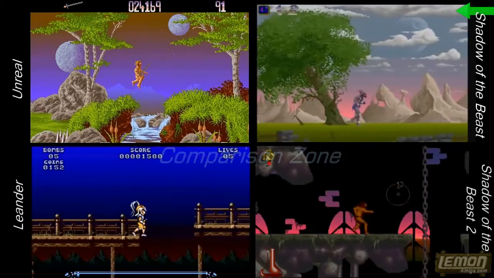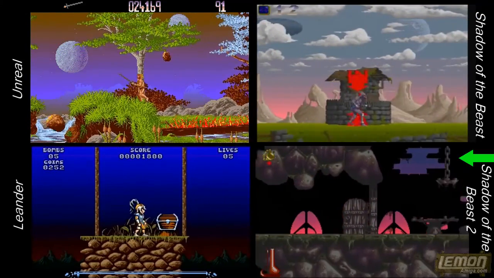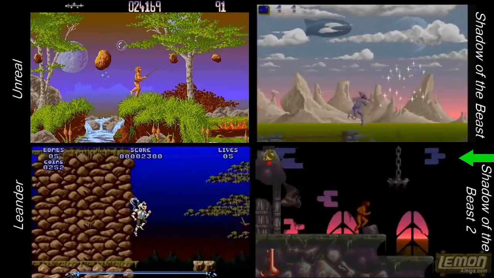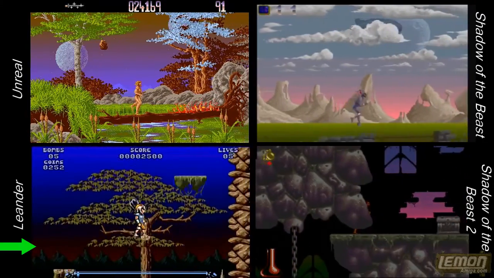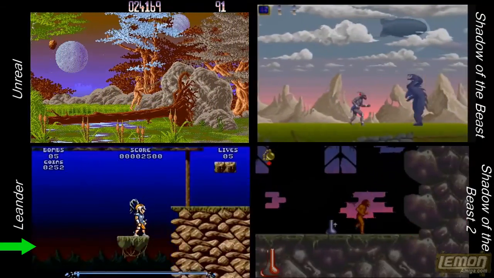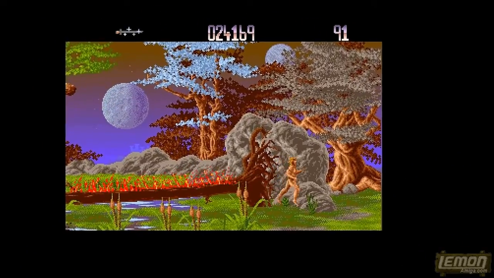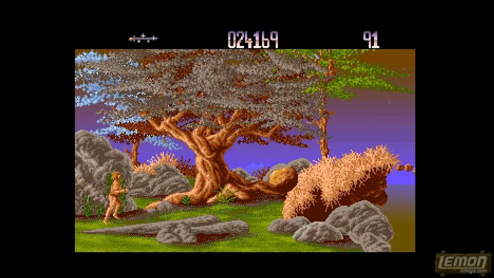Taking a look at the comparison zone, we can compare that to Shadow of the Beast and Shadow of the Beast 2. These sections remind me a little bit of Leander as well. So stiff competition there from the rivals on the Amiga, but you can see already these graphics are superb,